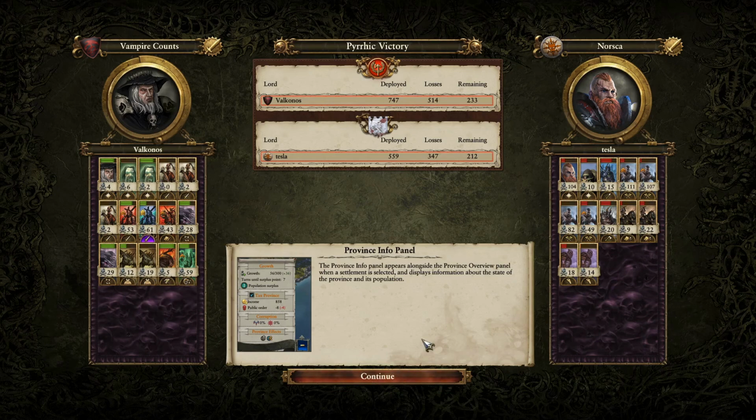But yeah, the Cryptoras were able to just kind of muck up the Norscan Giants and Wolfric early on, and then that Vargolf was able to just constantly harry them as well. But yes, very good match indeed from